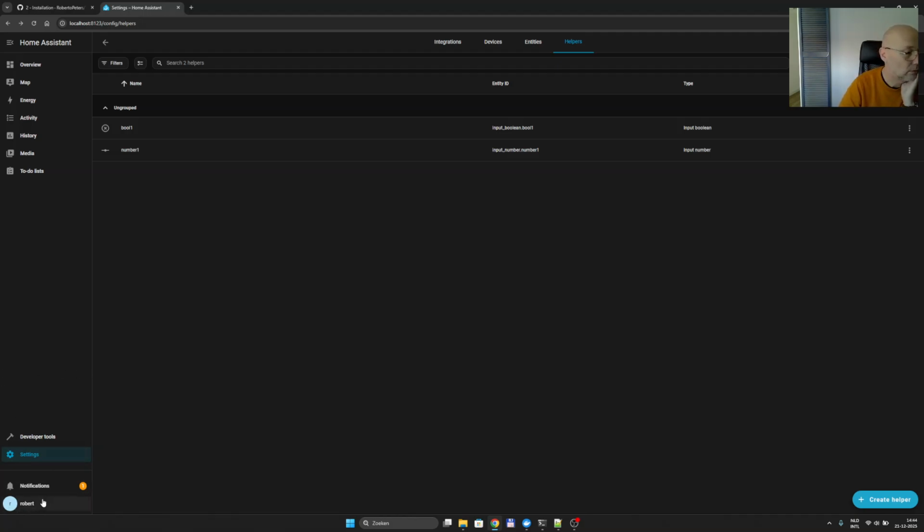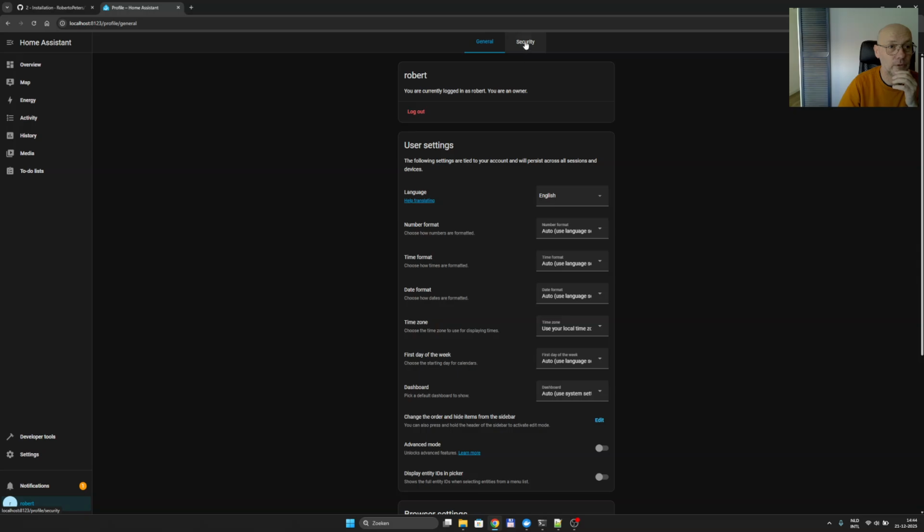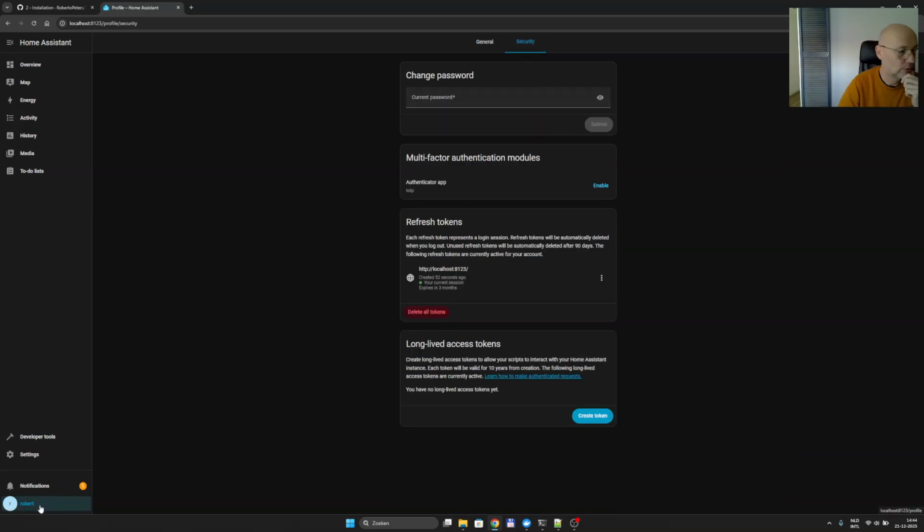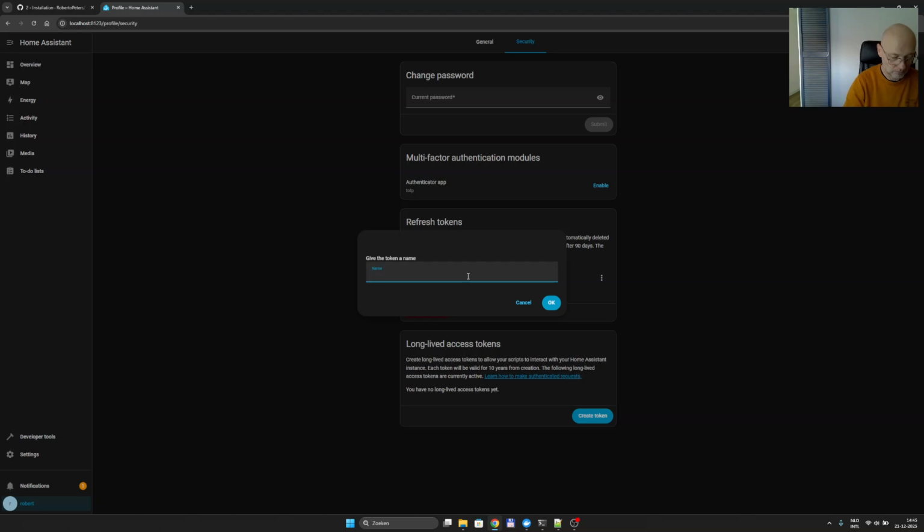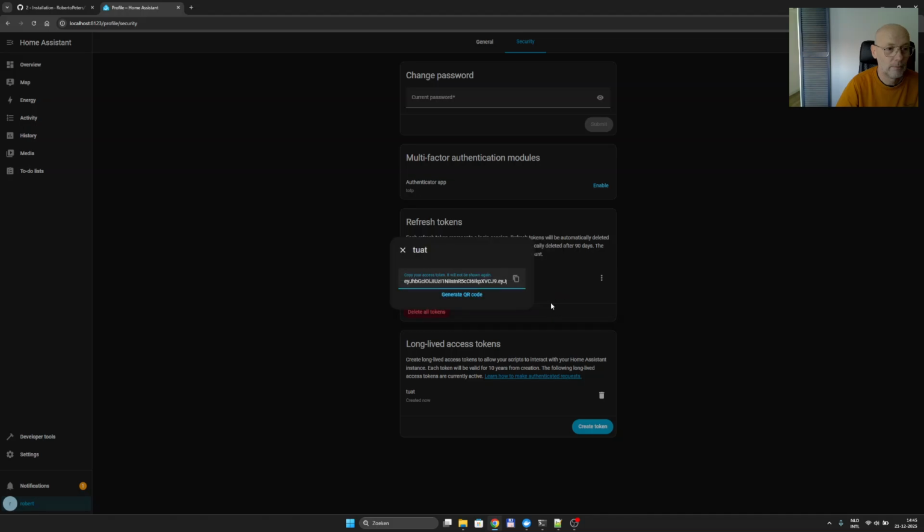So now we go to create a token. Security, so you go to your name, your login name, go to security, and then you create a long-lived access token. Name is automation tool, and now you need to copy this, because I think it will only show once over here. So now we go back to our application,